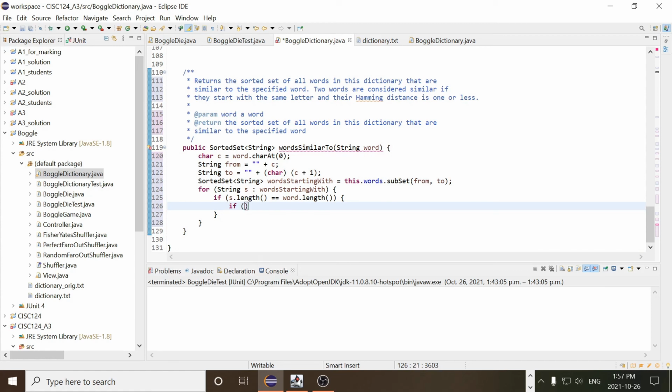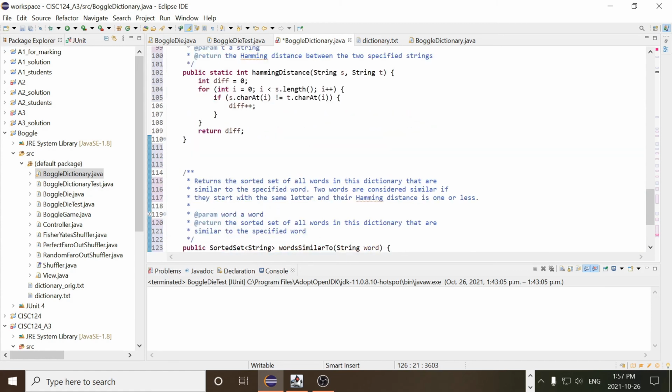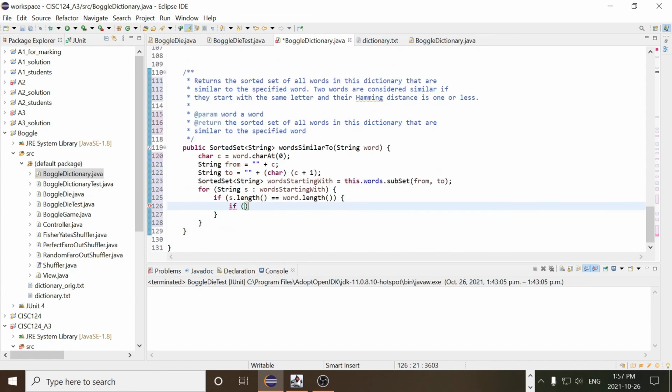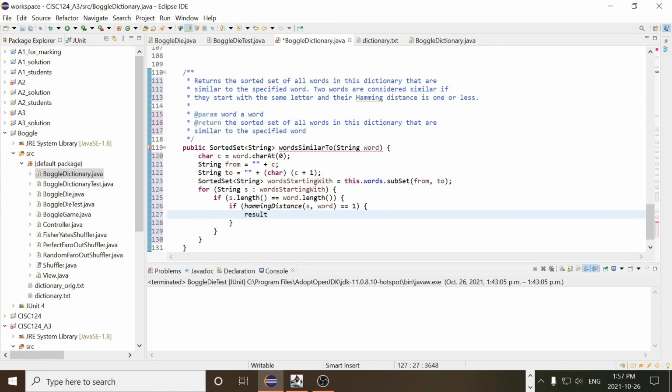So, now, I think that's static, right? Yeah, it's static. So if the Hamming distance between S and word is 1, right? I want to add S to the set of, to the returned set. Right, so I'm going to call my return set result, add S. All right, so